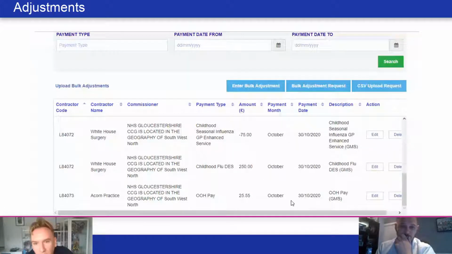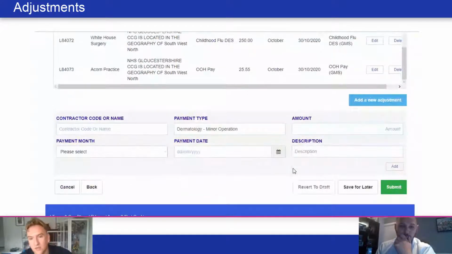So if you could just scroll down a little bit for me. Yeah. You'll notice that at the bottom you've got save for later and submit buttons. So it's probably good practice each time you upload something to save it for later, even if you're going to continue working on it. And then you just know that the successful uploads will be saved and you can go back to them. And then once everything is ready, you hit that green submit button, which I'll let Ryan do